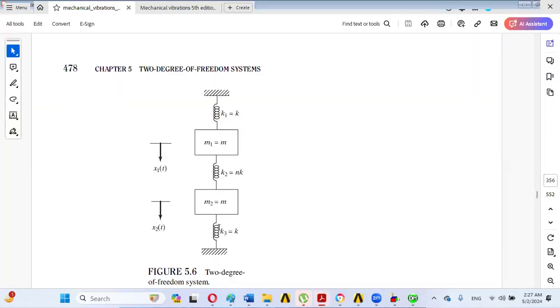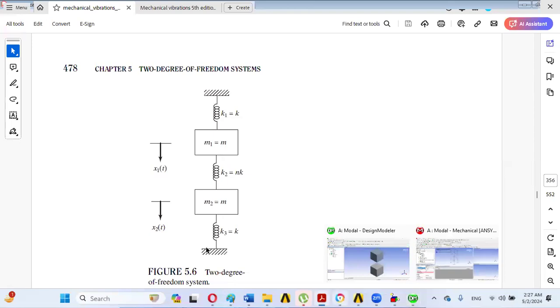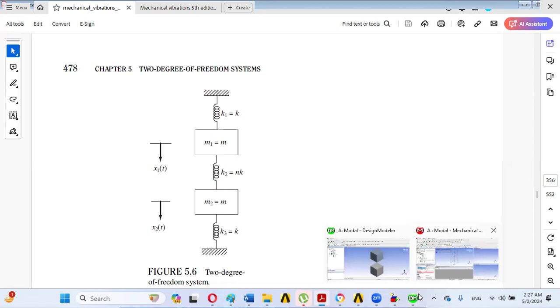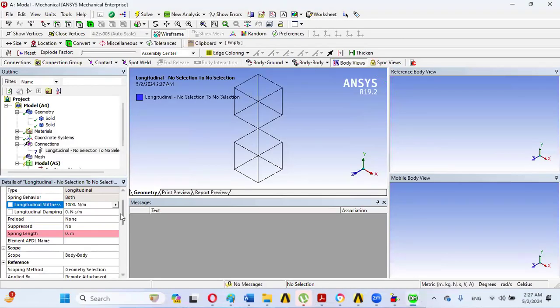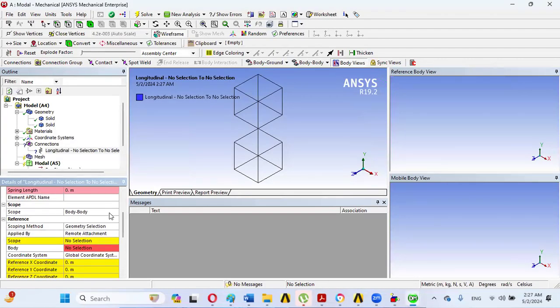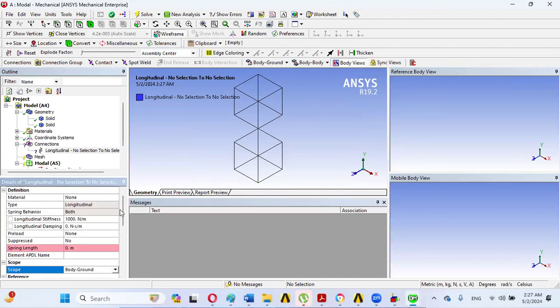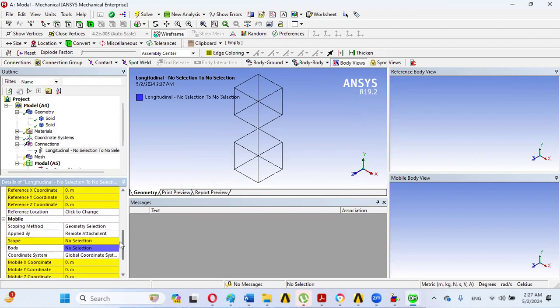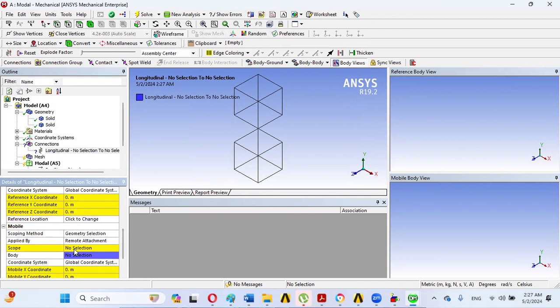every spring. For this third spring, we will apply it first of all, and this is a ground and this is a mobile body. So this will be used as the reference body and this will be used as the mobile body. So here we will be inputting in the scope as body-ground, and in the reference in the mobile, we will be